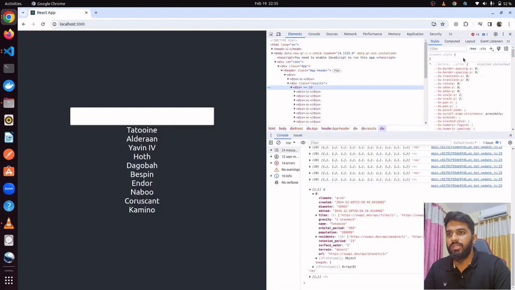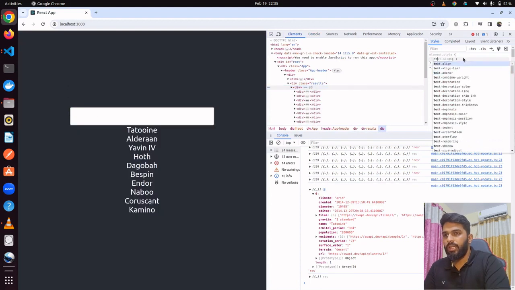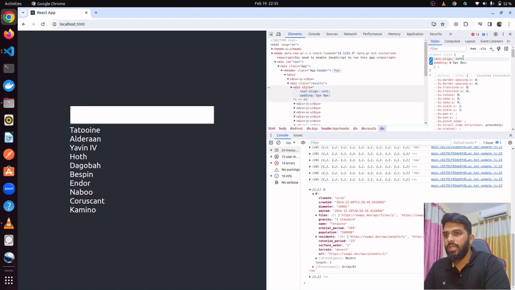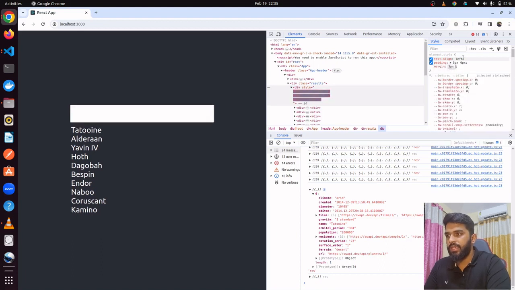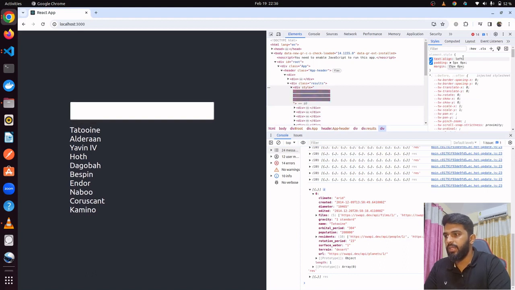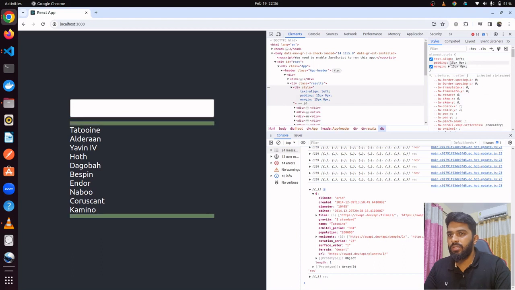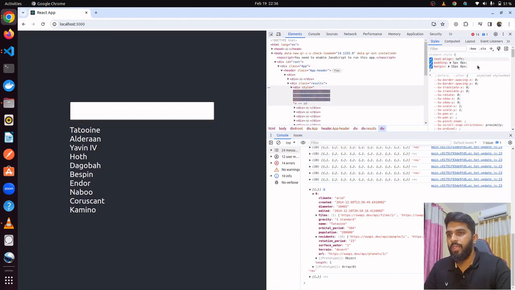So let's just make it look good. Text align left, and padding is maybe 5px, 0px, and margin is say 5px, again 0px, not 5. Let's just make it 15 to look good, and this 15. Yes, no, not this. Let it be 5. This looks good,